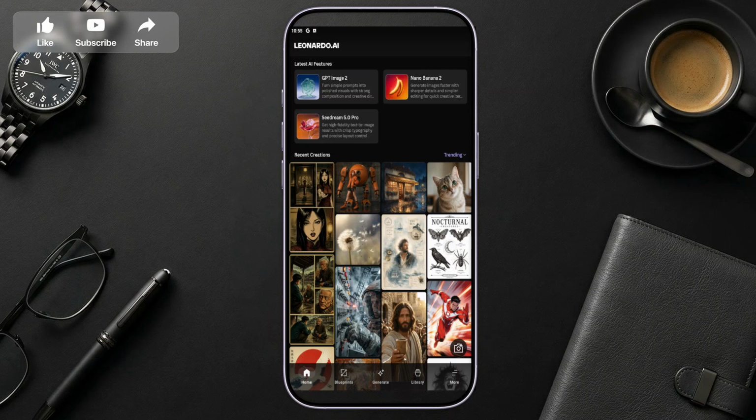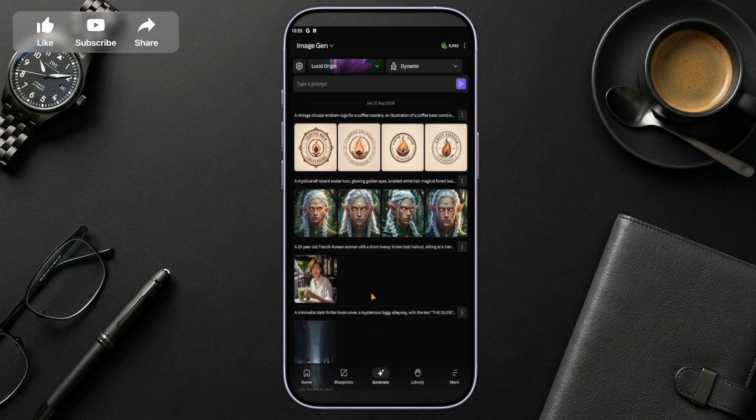In today's video, I'm going to teach you how to use reference image in Leonardo AI Mobile. To get started, open the Leonardo AI app on your phone. Once the app loads, look for the Generate section and tap on it. This is where you'll create your image, and it's also where you can add a reference image to guide the